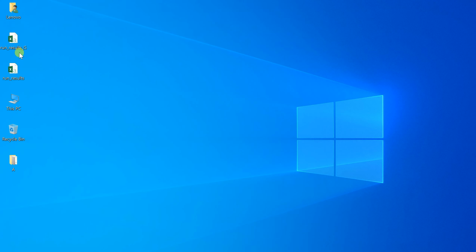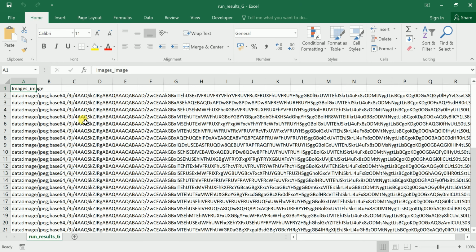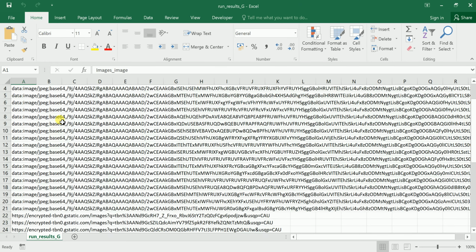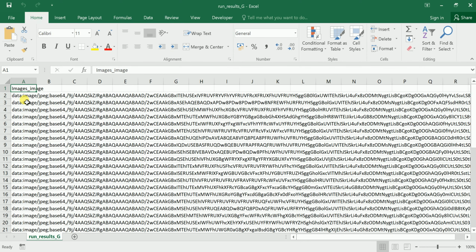So I have a file. This is the file. Once I export this file, I'll get the links of images like this. Like this, you can see the image links. Okay. So I'll take two links from here.